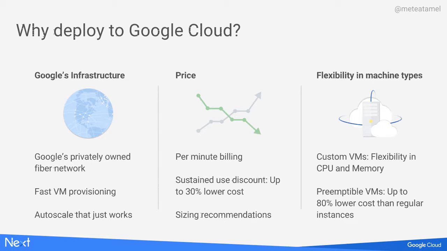Also, in situations where you have a work queue, a queue of work, and you want to have VMs just working from the queue, we have something called preemptible VMs. These are VMs that can come and go depending on the load in other parts of Google Cloud. But the good thing about them is they're perfect for this work queue situation, where you can just have 20 of them or 25 of them. It doesn't really matter. And they're up to 80% cheaper than the regular VMs. So these all combined, I think, is a compelling reason why you should care about Google Cloud as a consumer.